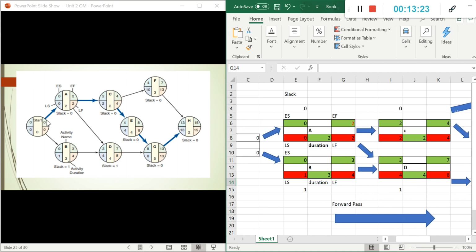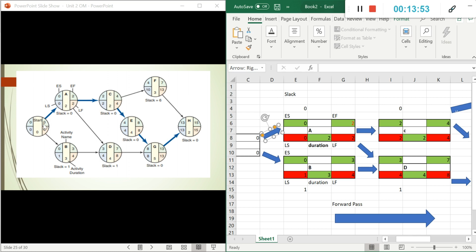Very simple. We just follow all the ones that have slack 0. If they have a slack of 1, we have to avoid them. So for example, in this case, this one has a slack of 0, so it's critical. Which one here? A slack of 1 or slack of 0? This is critical. Slack of 6 or 0, I have 0. So I follow that one, that's critical. Slack 0, no option, slack 0 option. So